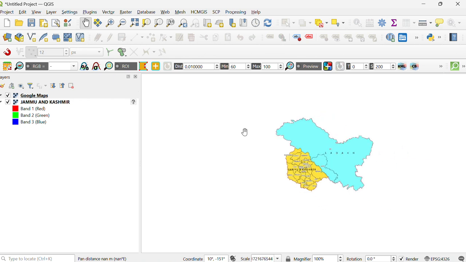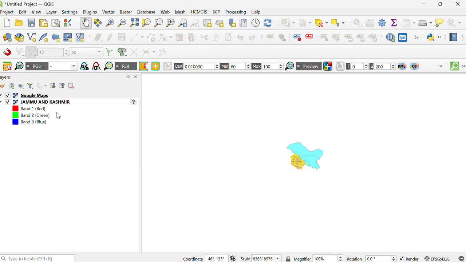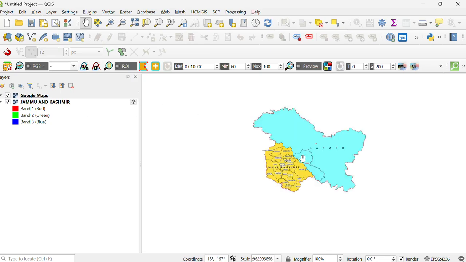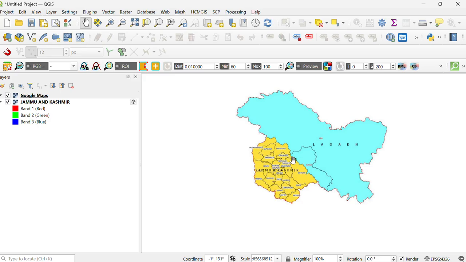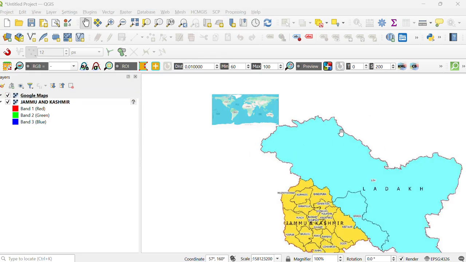Let's check it. Here the Google Map has been added. This is the Google Map which you have added here.